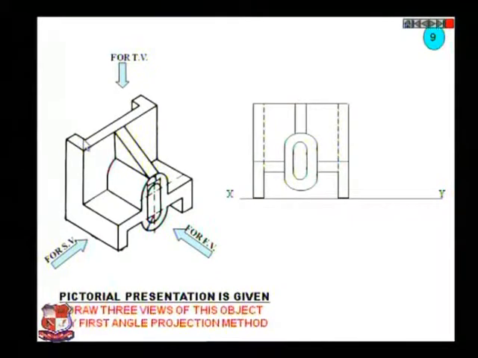this edge, which is at the back side of this plane, which starts from here and ends at the bottom portion. So it is not visible, hence both these edges, one is here, another is here, another is here, both are represented by dotted lines from here to here and here to here. So this is the front view of this object.